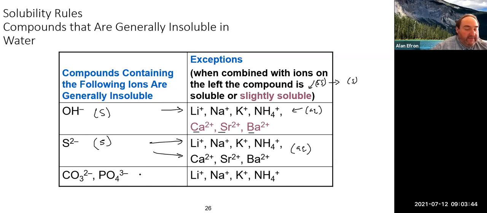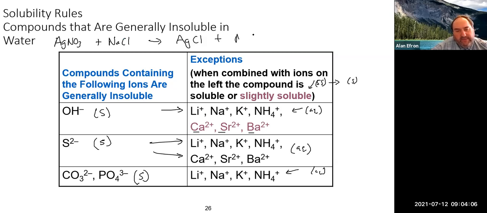Carbonate and phosphates are typically insoluble or solids, unless hooked up with group 1 and ammonium, which makes them aqueous. So when we take something like what we dealt with previously, silver nitrate plus sodium chloride, making silver chloride plus sodium nitrate,